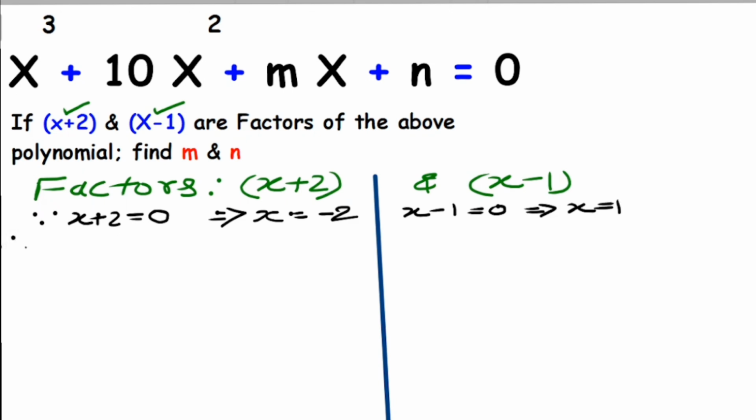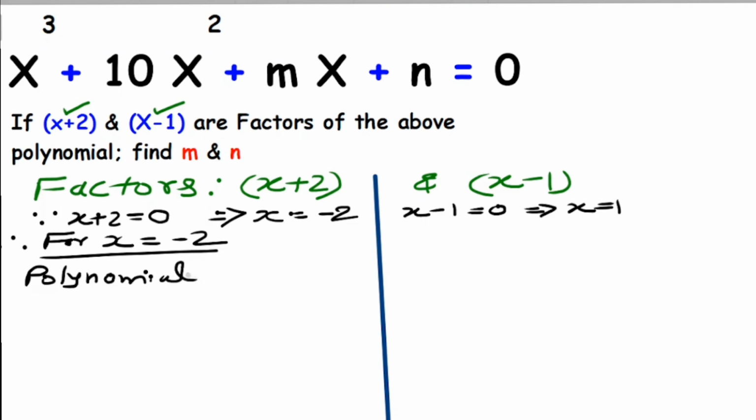Right? Now, for the value of x equal to minus 2, what will be the value of the above polynomial? Since x cube plus 10x square plus mx plus n is equal to 0, then when we put the value x equal to minus 2, what is the value of the above polynomial? Just write it. Definitely, since x equal to minus 2, put up the value. So minus 2 whole cube will be the first term of the polynomial. Minus 2 whole cube, here I am writing it,